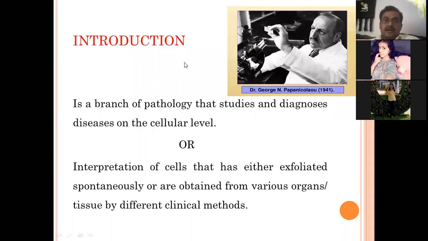Sometimes it is required to obtain these cells by some clinical method, for example, by swabbing, by scraping, by washing, even by using fine needles. Anyhow, you have to obtain those cells which can be easily obtained from the secretions, excretions, or by some simple clinical procedure, and can be used for interpretation of the disease. One thing you note here is that these exfoliated cells tell the story of the part of that organ from where these cells have come.